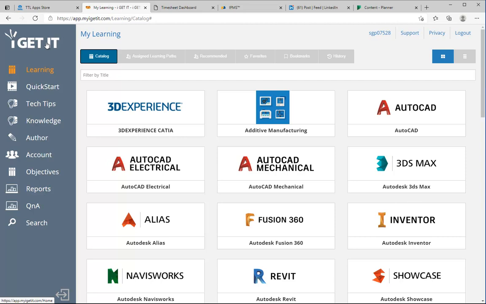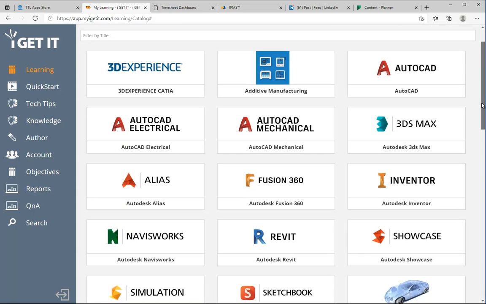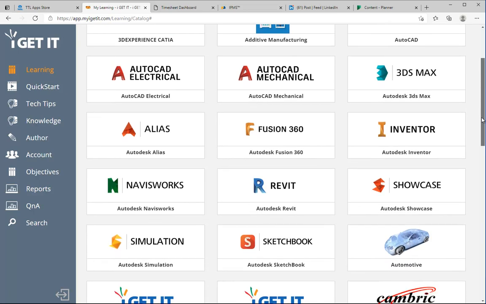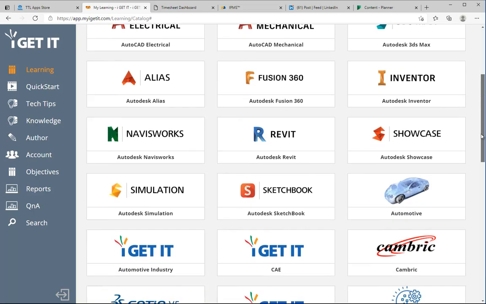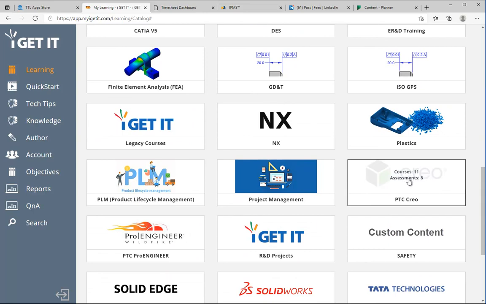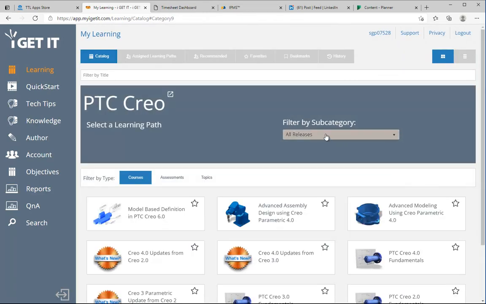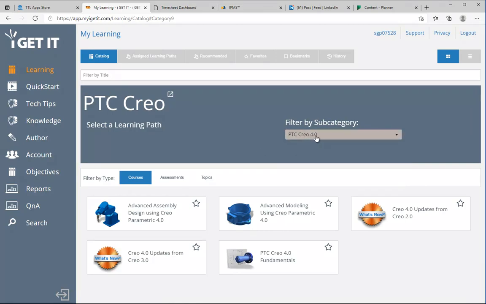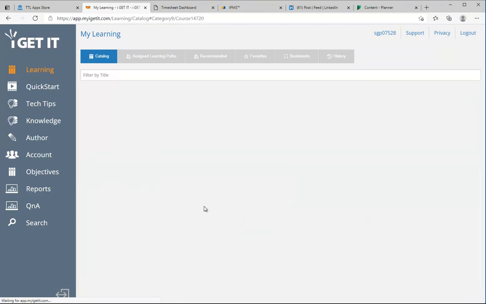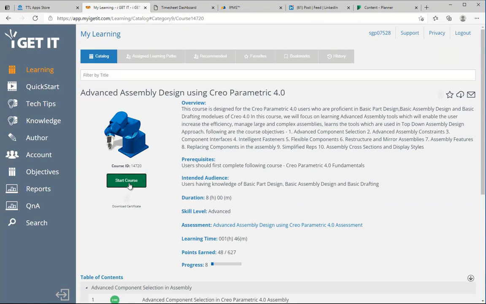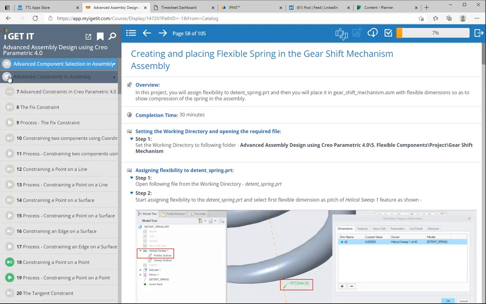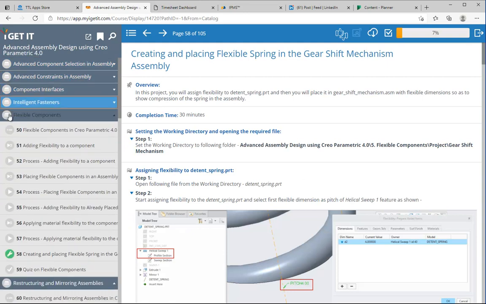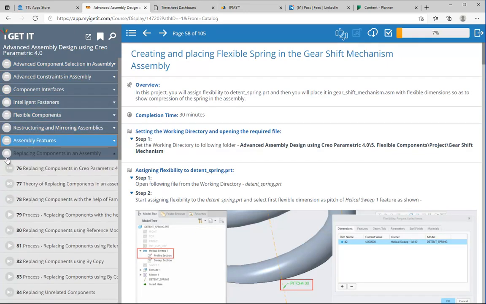In our iGetIt library, there are different categories of software for which courses are available, and my current focus is on PTC Creo, where I have a course for PTC Creo 4.0 having advanced assembly design, and in this course there are different units.